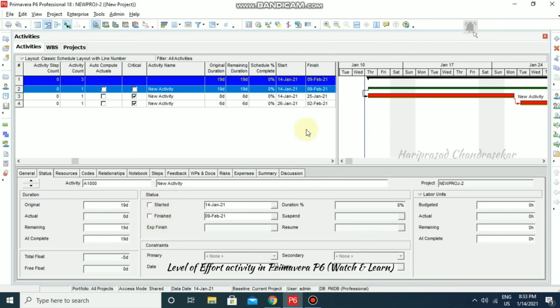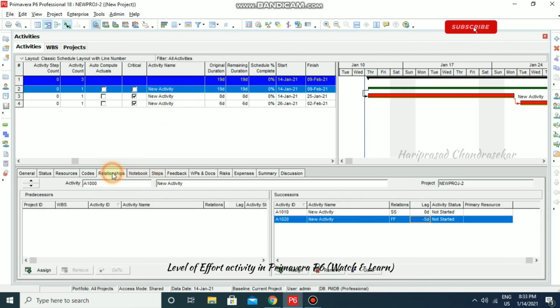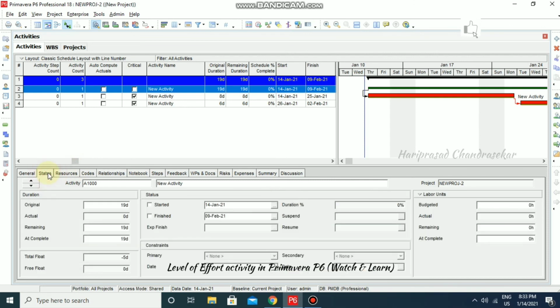Those dates also depend on the relationships. That also we can't update. So it doesn't have any constraints. So we can't select the constraints for level of effort activities. But it is having total float of 5 days. That only we input there, like a lag of -5. So it is having the total float as well. So these things will be there, but we can't input any constraints.